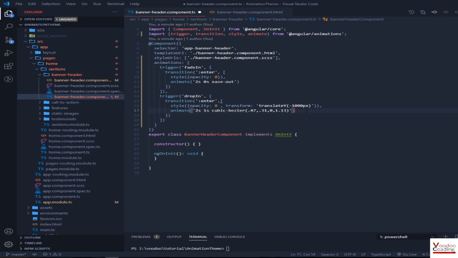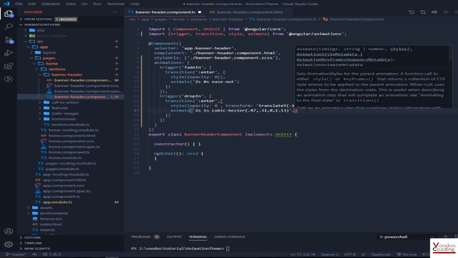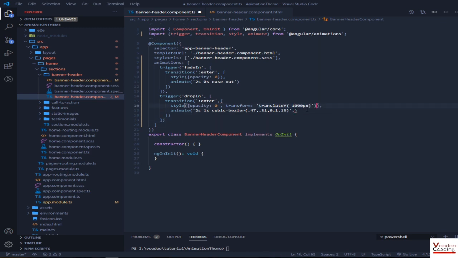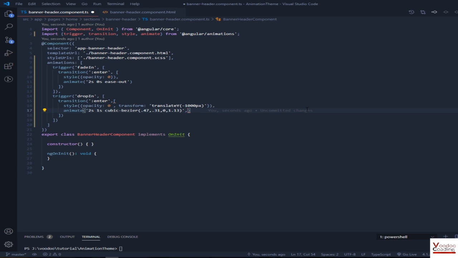Okay, now what should I do in the default state? I can just copy this and paste. I just accidentally clicked Control B, which is used to toggle the sidebar, so don't be confused. Control V here. Now what I should do is turn this to 1 and turn this to 0.